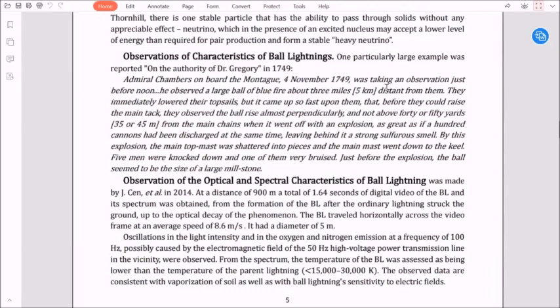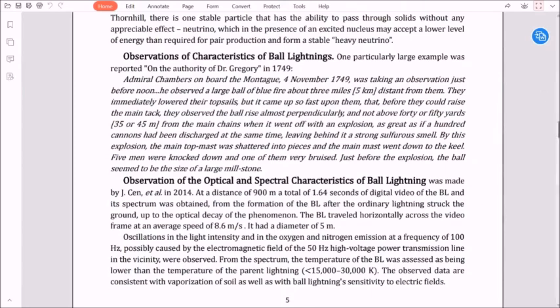He observed a large ball of blue fire about 3 miles distant from them. They immediately lowered their topsails, but it came up so fast upon them that before they could raise the main tack, they observed the ball rise almost perpendicularly and not above 40 or 50 yards from the main chains when it went